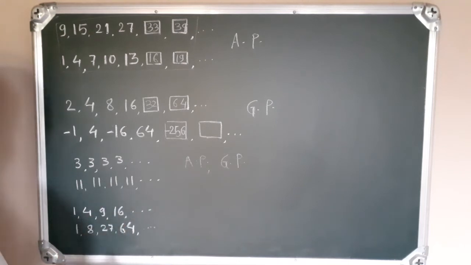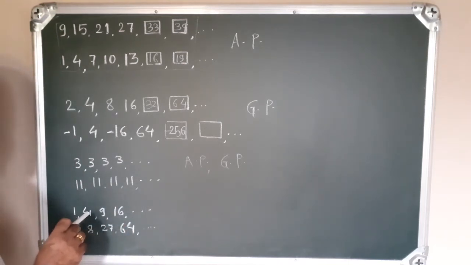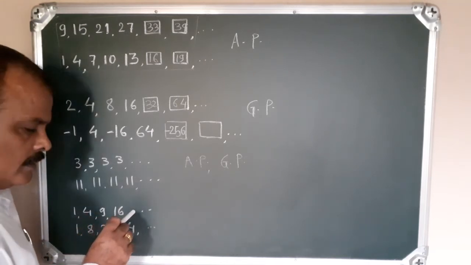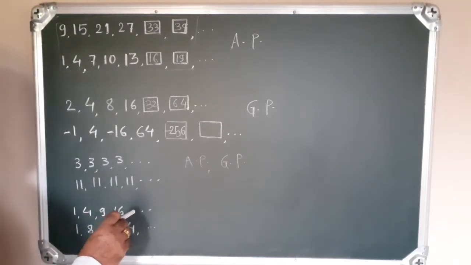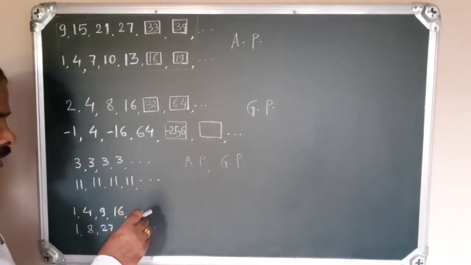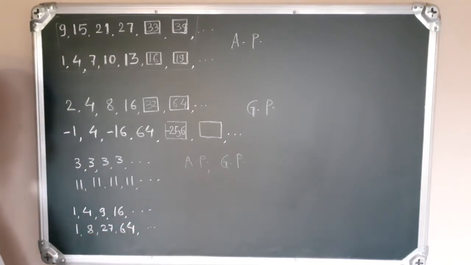Now see this sequence. This is the square of 1, this is the square of 2, this is the square of 3, this is the square of 4. What will be here? Square of 5, that is 25. Then square of 6, that is 36. Like this is a sequence. But if we